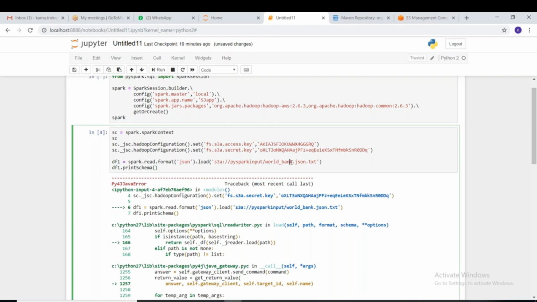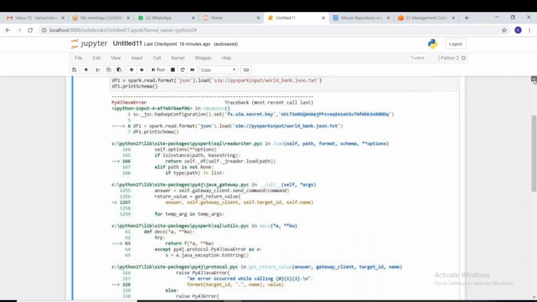It can be any issue that we have to figure out, and it will show the possible causes for this error. But this is the code.